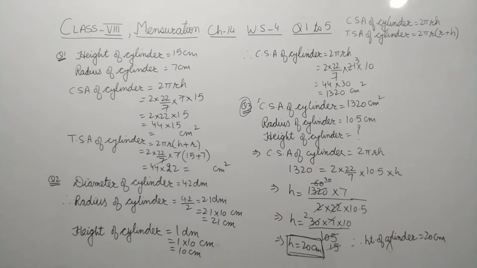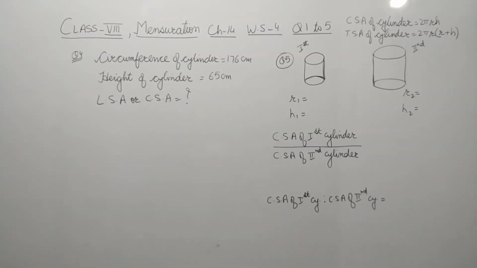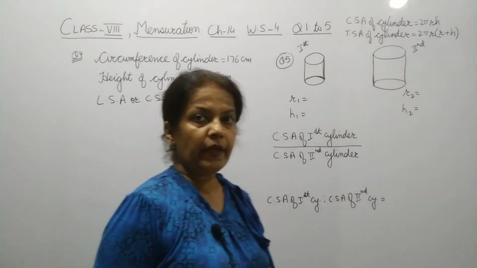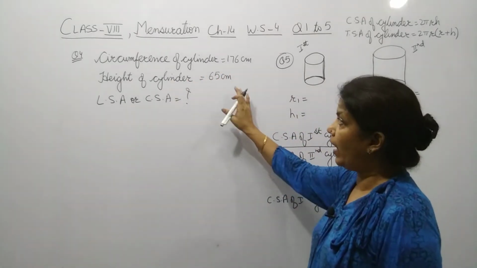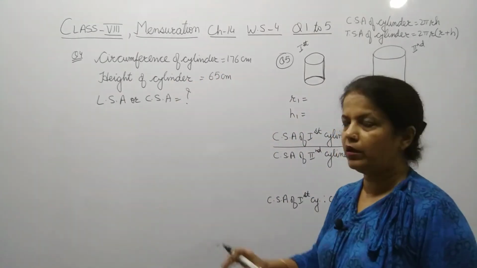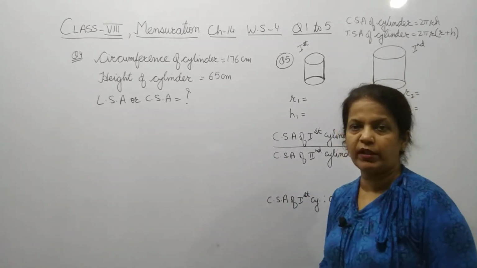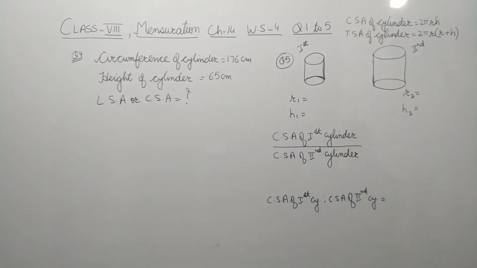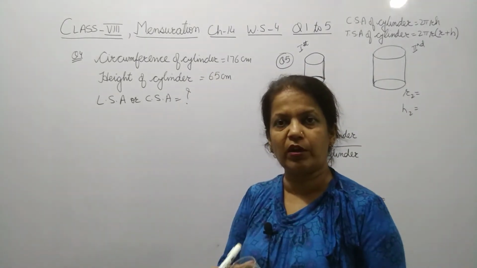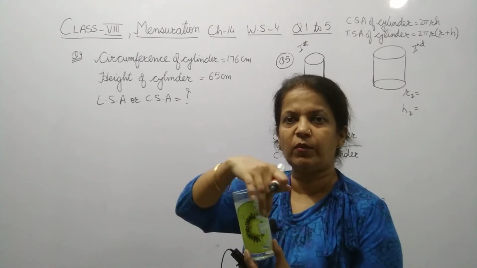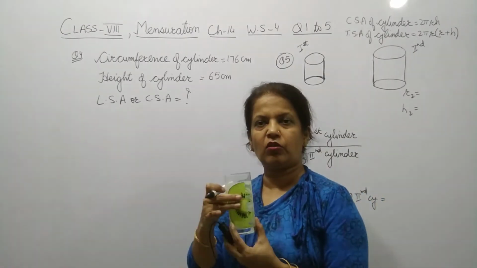Now question number 4. In question 4, circumference of cylinder is given and height of cylinder is also given and we have to find out lateral surface area. The lateral surface area is also called curved surface area. Lateral means sideways area, and it is also called